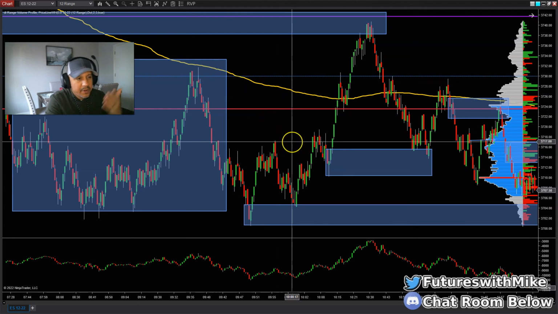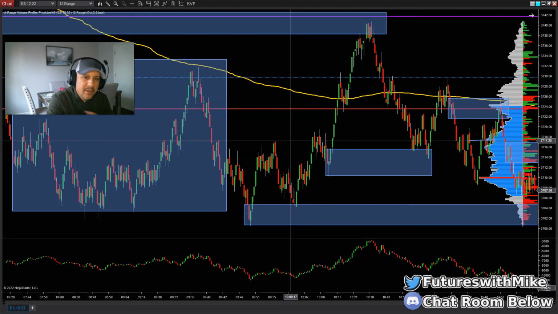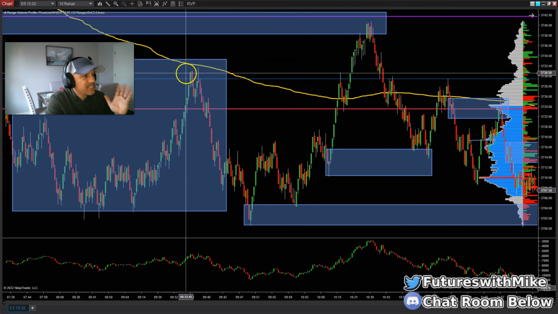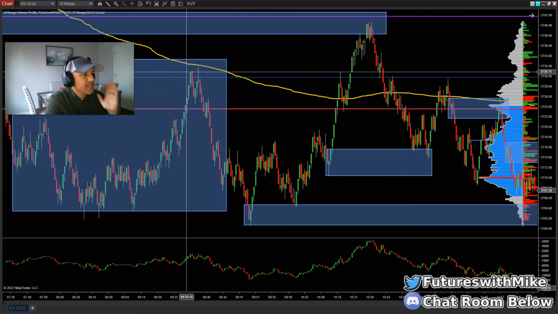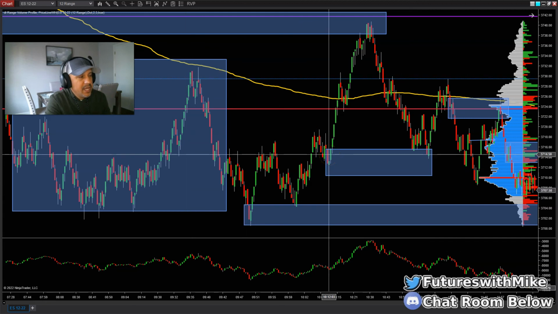We break support, mark your areas of demand. Okay, I'm sorry, opposite, totally. Please disregard that. What I meant to say was, if price is breaking structure to the upside, and it's breaking through an area of resistance, mark your areas of demand. If it's moving lower, breaking through areas of support, then mark your areas of supply.